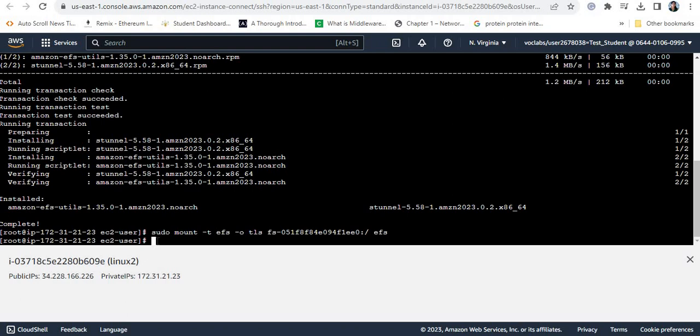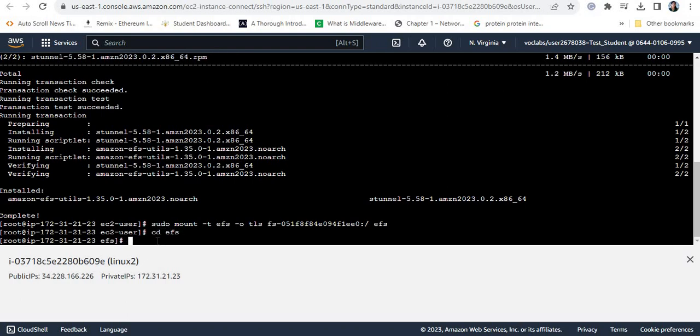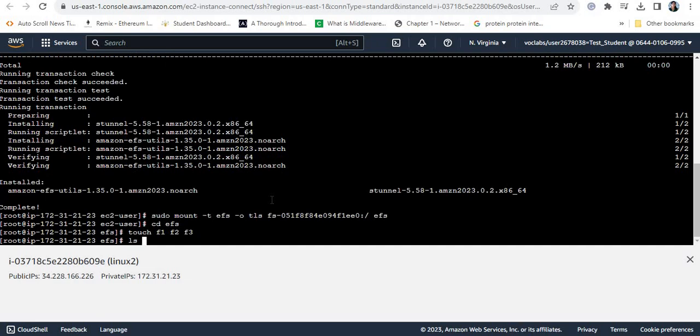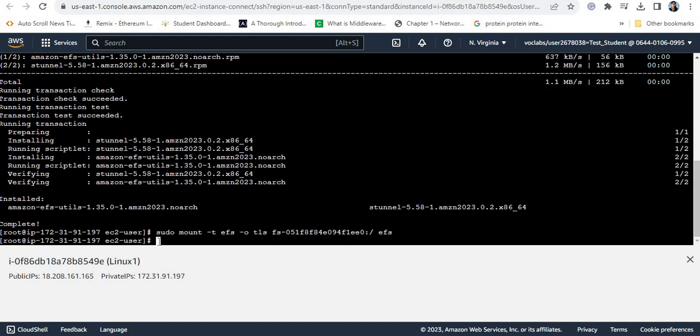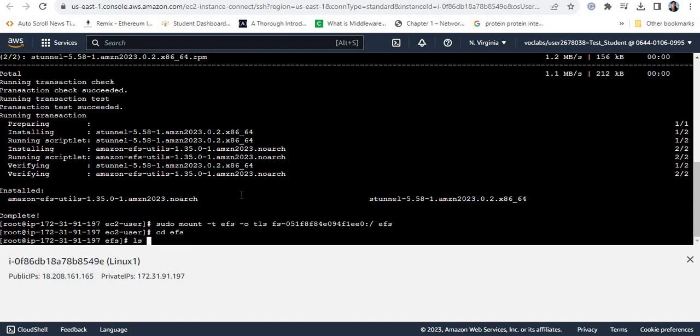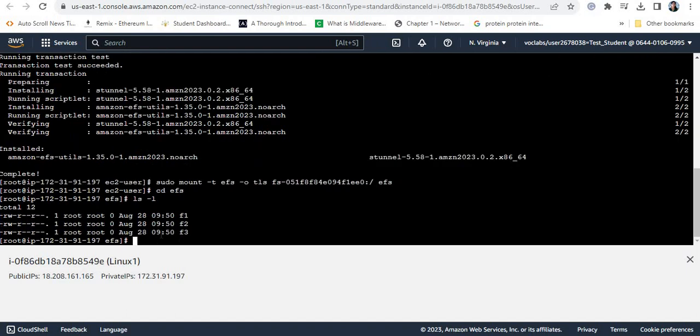Now I'm going to the directory EFS and I'll create some files here. So I'm writing F1, F2, F3. So I'm creating 3 files here. When you do ls -l, you will see these 3 files are created right now. So once you go to the Linux 1 machine and go to the directory EFS and type the command ls -l, you will see these files are created